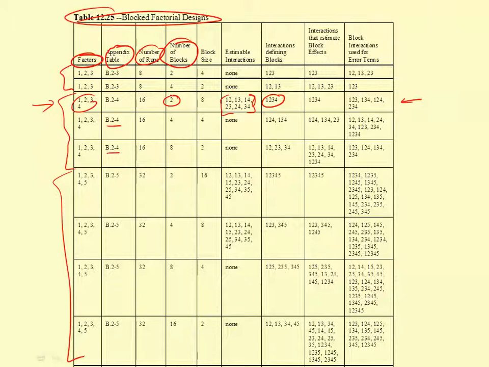So we'd write the 2 to the 4th design, the 16-run fractional factorial, and then we'd assign x5 equals the 1, 2, 3, 4 column, just like we did in that last example, except this time x5 is a blocking variable, not a factor. Right? So it's going to be a subtle difference in how we treat it because of that, but a lot of the mechanics of what we do are the same. So we're going to assign this blocking variable x5 to the 1, 2, 3, 4 interaction. So then, obviously, at the bottom of that column, that's what we're going to use to measure the block effect. And then